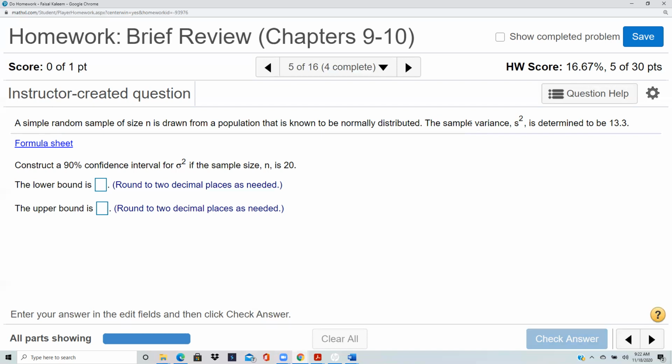No, that also doesn't tell us that it's variance. So you have to look at the question part of the problem. Where are they asking the question? Where it says construct a 90% confidence interval for